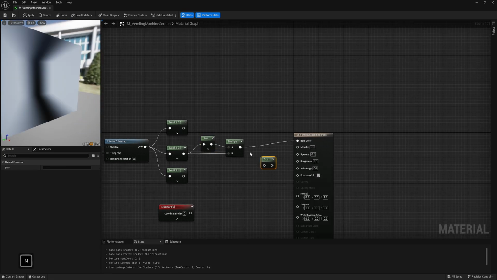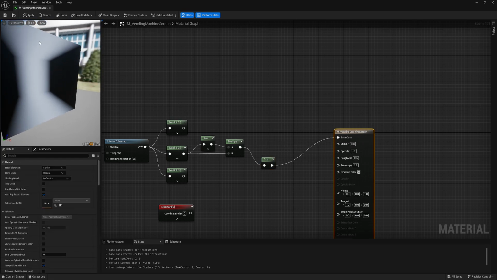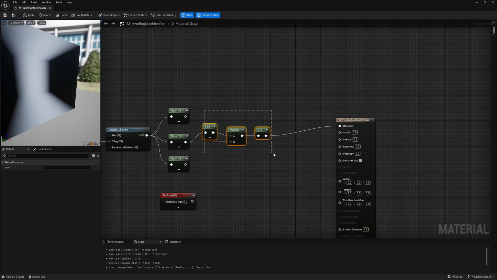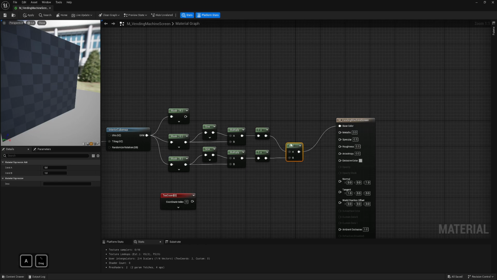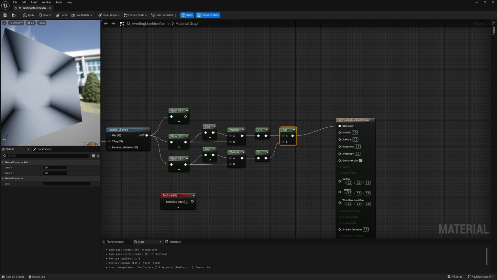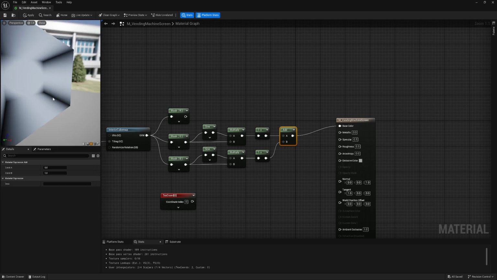If I pass it through the 1-, it creates this nice transition. And now if I grab all of that for our blue channel and combine it, we have already a really nice fake interior with kind of shadows in the corners.